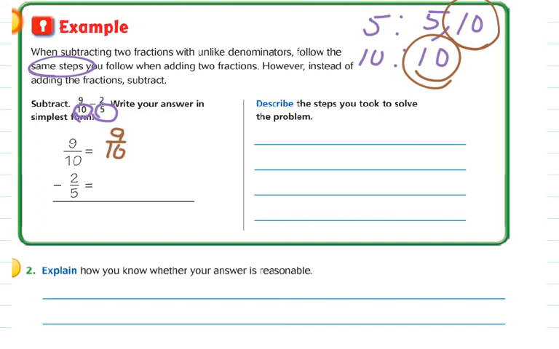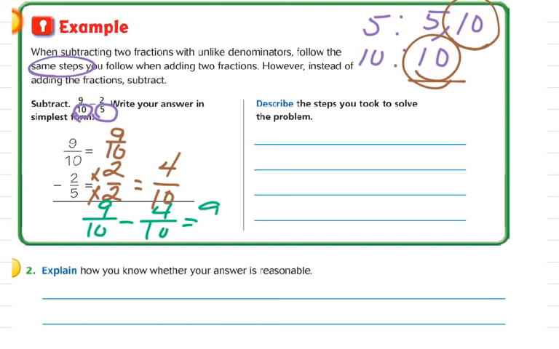Now, boys and girls, we need to change our other fraction. So what would we multiply 5 by to get 10, our new denominator? 2. 5 times 2 would be 10. Now if we multiply the denominator by 2, the numerator must be multiplied by 2, and you get 4. So now, boys and girls, we can subtract. We can do 9/10 minus 4/10, and what is that equal to? So 9/10 minus 4/10 would give us